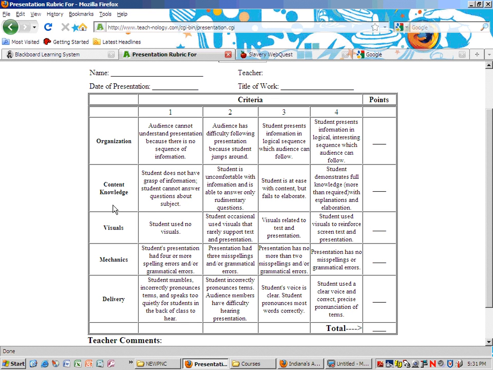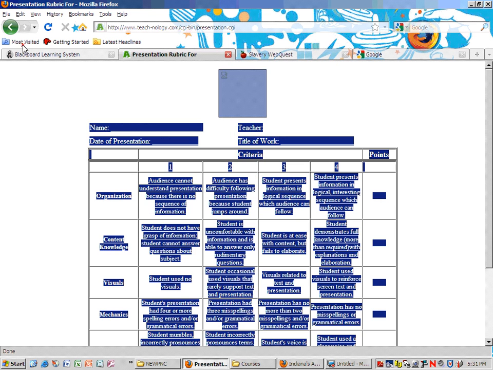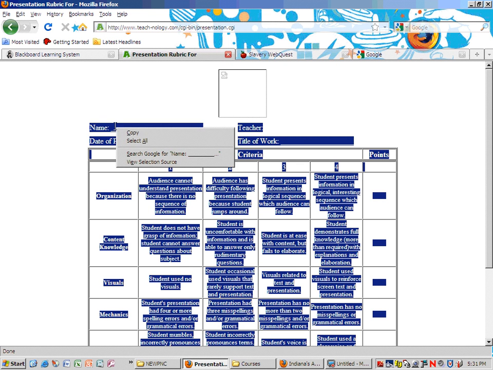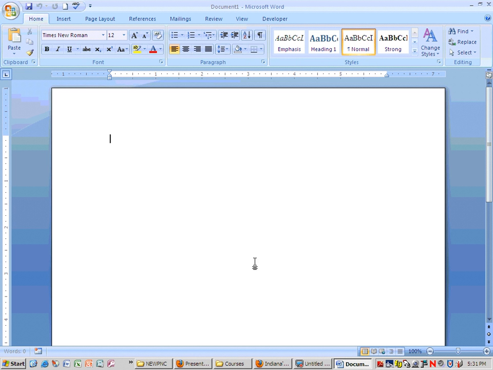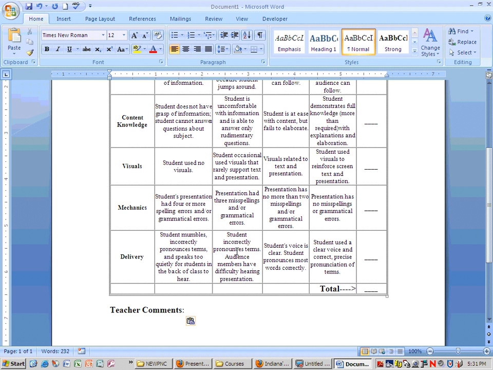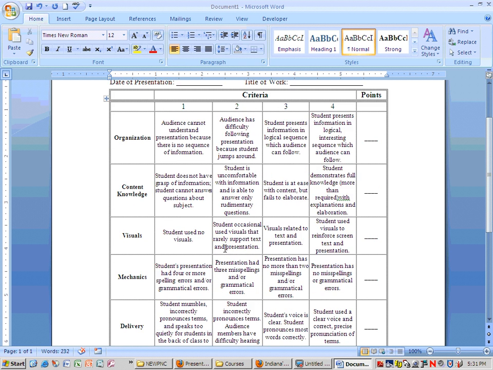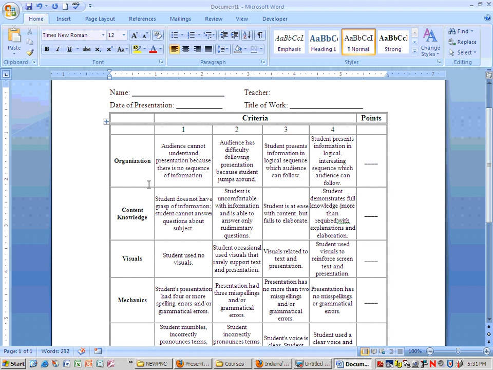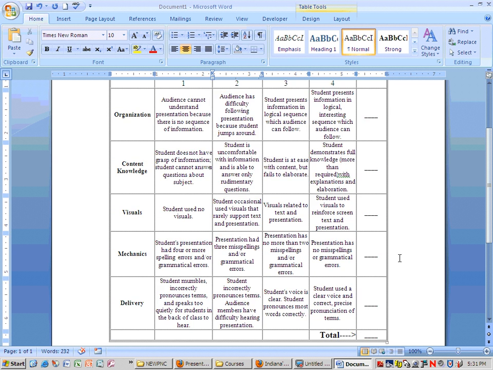You don't have to create your own. This might fit a presentation that they make as a group. Let's just copy this, but let me put it in Word, and you'll be able to edit it to make it fit more perfectly to whatever the students will be presenting. Let's say you want to add organization, content, that's good. Visuals, you'll want visuals. Let's say you're not worried too much about mechanics. I think that you can